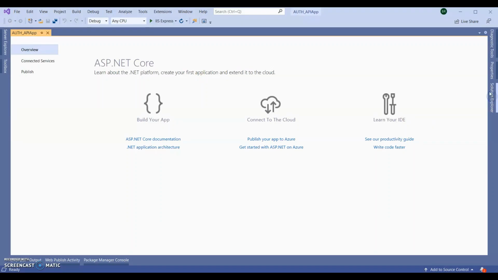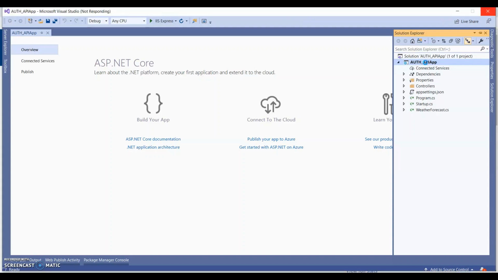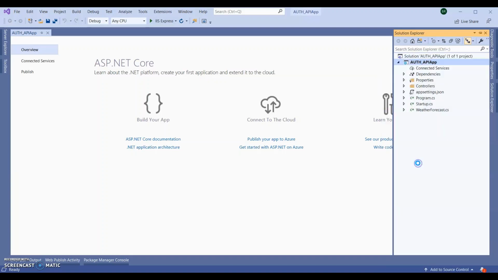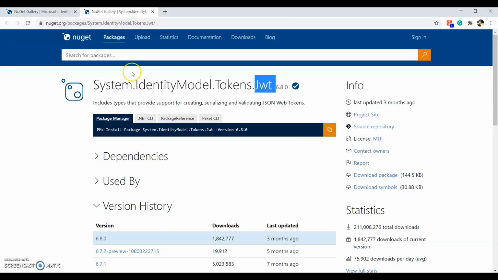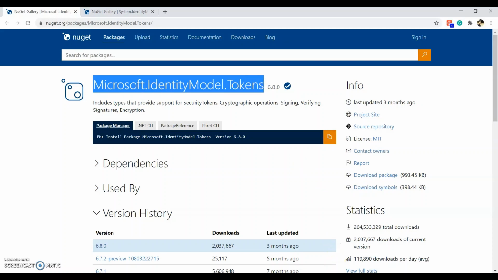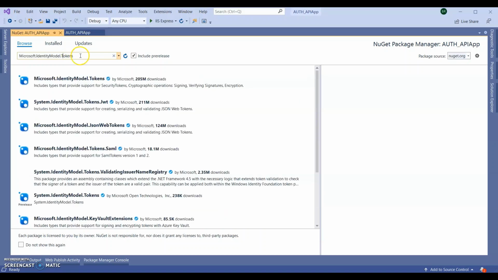Let's go to NuGet Package Manager and install our NuGets. Inside the browse section, search for Microsoft.IdentityModel.Tokens, this one.